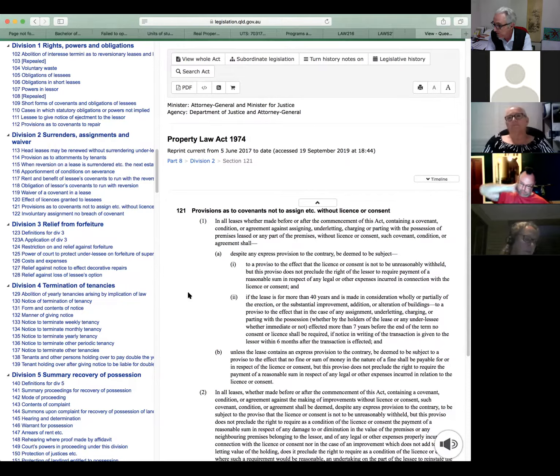The other is whether in this particular circumstance the lessor has unreasonably withheld consent. Okay. So what do you think about that? What are folks' view on that?